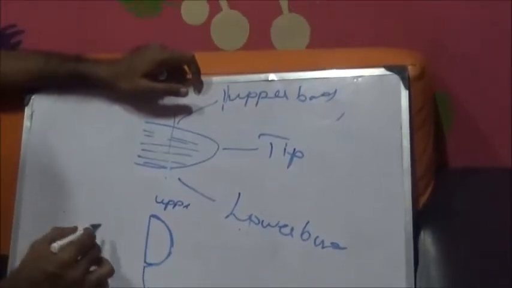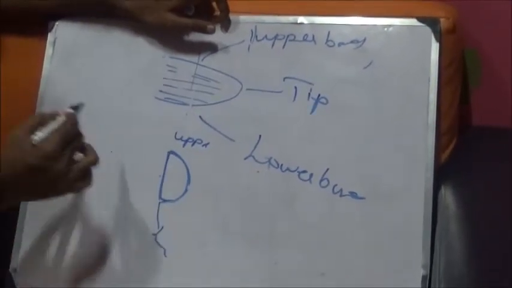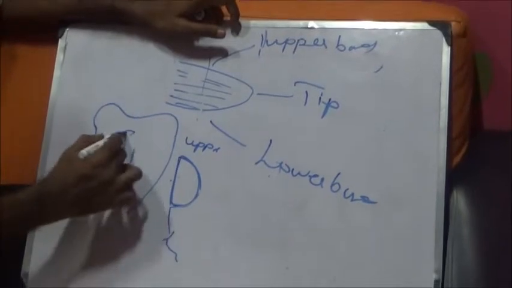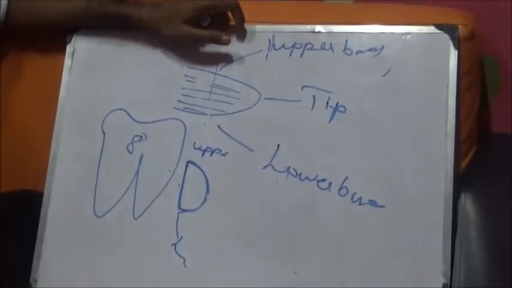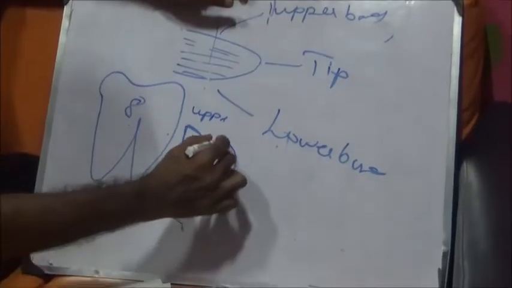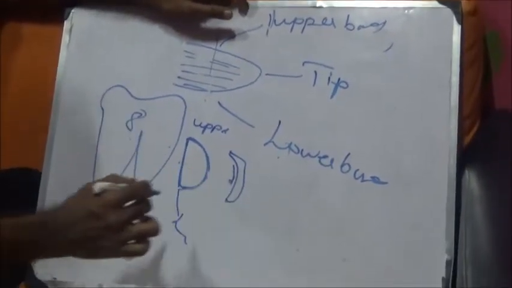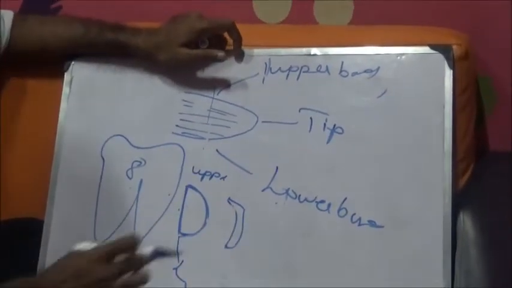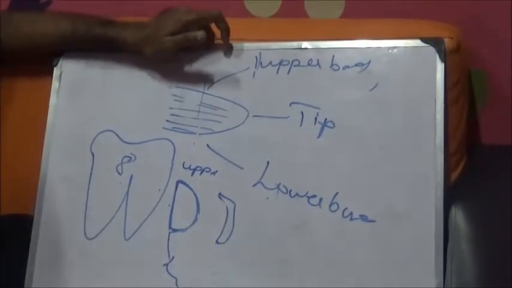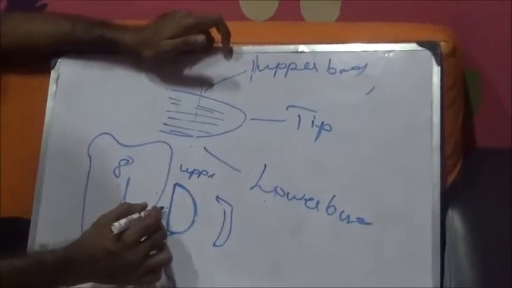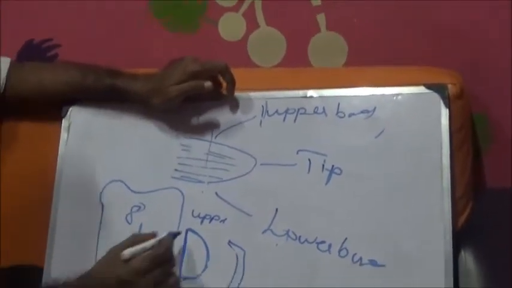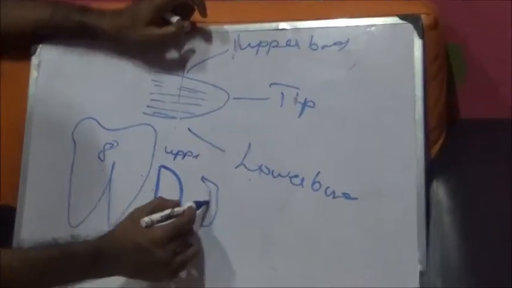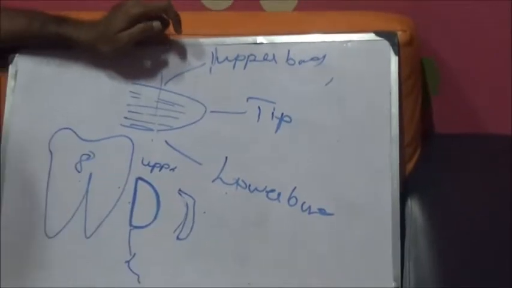Okay. So this surface should always face the 8. This is 8. So this surface should always face the 8. If it is a Copeland, this depressed surface, this concave surface should face the 8. So it has got two surfaces. One is the flat surface and another one is the rounded surface. If it is a Copeland, this is the concave, this is convex.